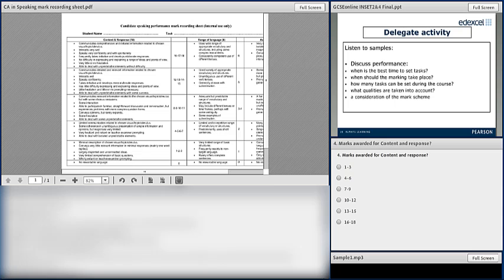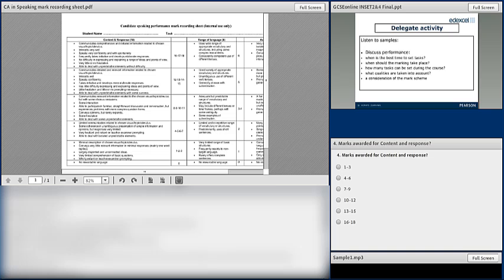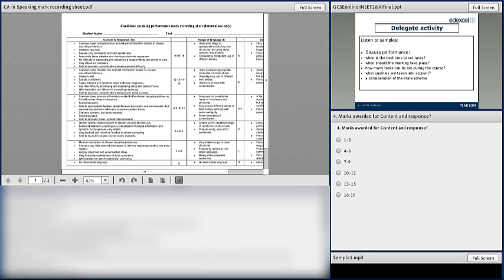Now we'll bring on the first poll, Andy, if you can bring the first one: marks awarded for content and response. So if you can vote, you don't have to pick a mark as such, but pick a band. I think the majority of you opted for the box 4 to 6, which says limited. Actually, I just realized the box is not quite 100% right, because it should be 4, 5, 6, 7 all together.